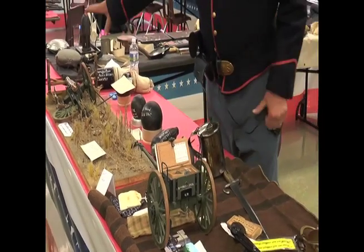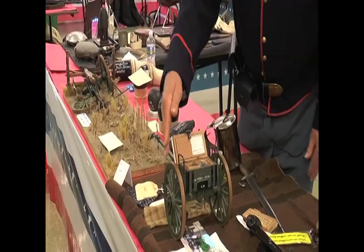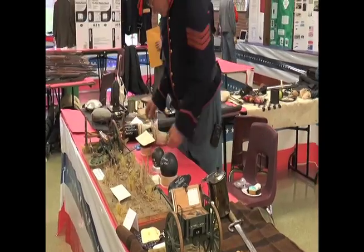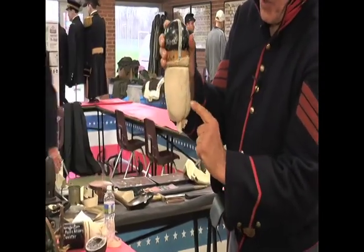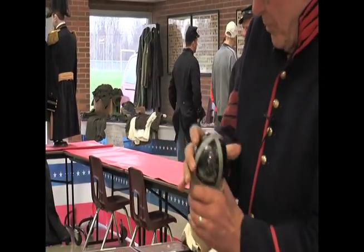Whatever kind of shot they wanted to use, they would call back, take it out of the box, give it to somebody, and he would carry it up to the front and put it in. The way they did that, everything in this box had the ball, and it had what they call a fixed charge. That's 1.25 pounds of black powder there. It's sand in there now. But it was put in,